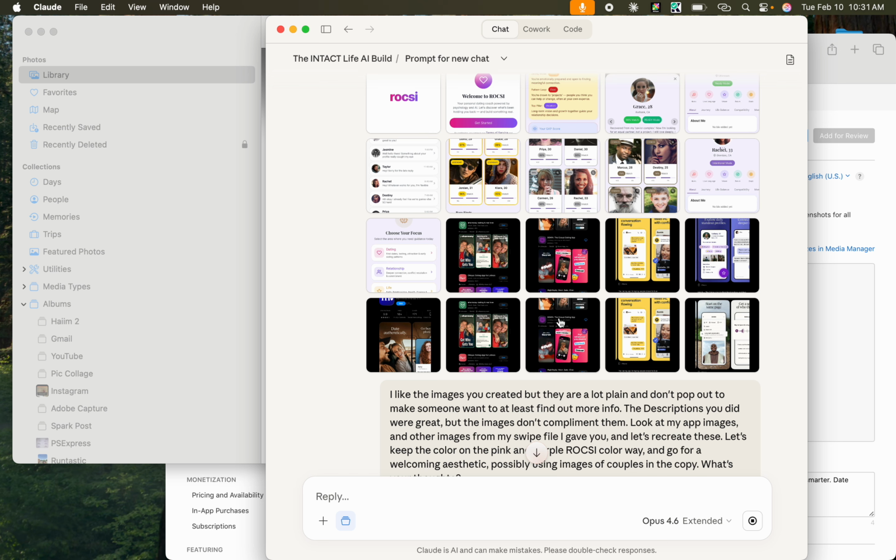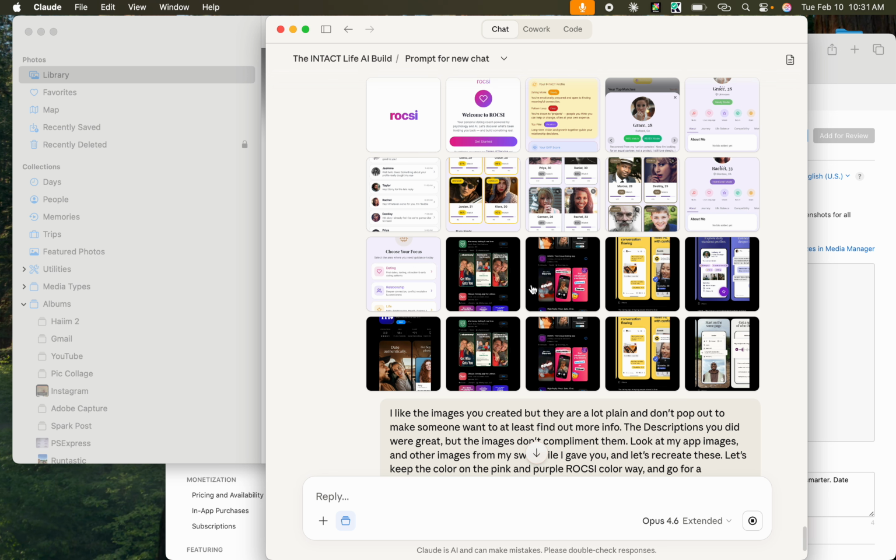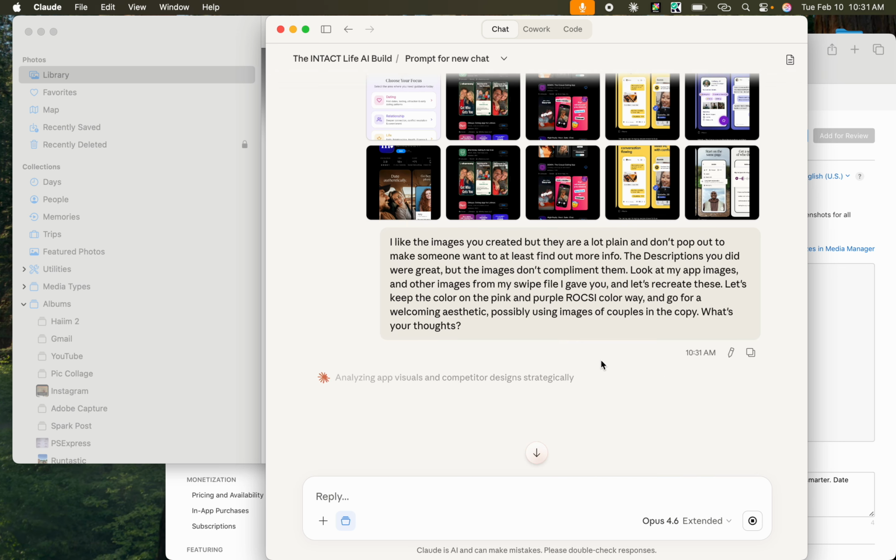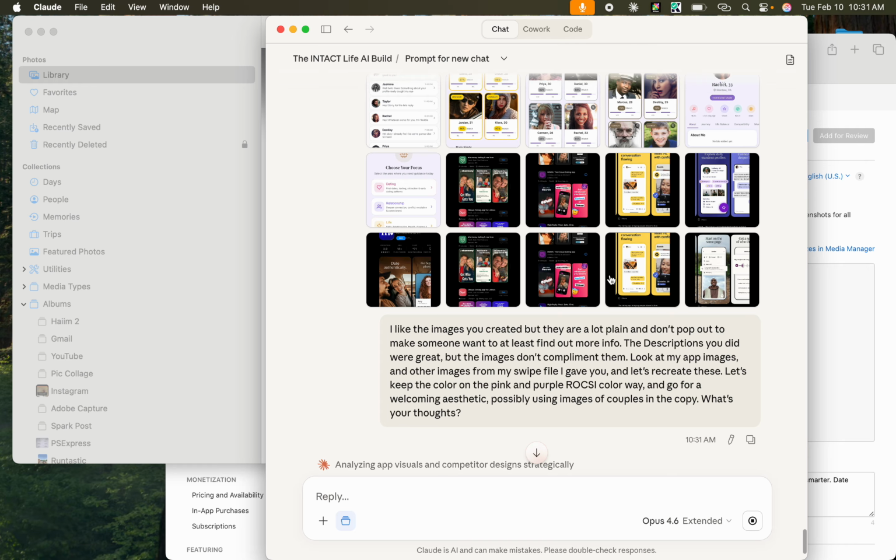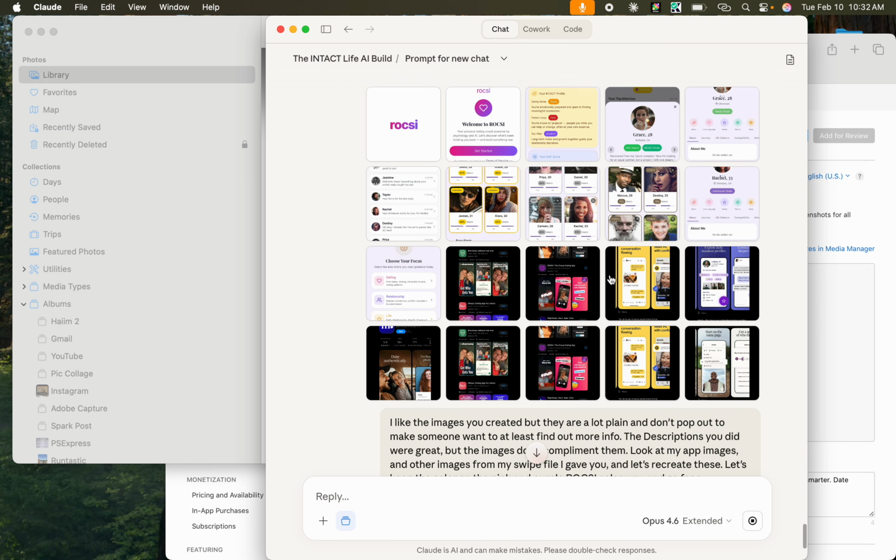How'd that happen? So I gave it some pretty good images that it can use. So let's see what it comes up with. All it's going to do is analyze those images and then analyze mine and see what we can come up with. Because what I use for the color and the aesthetics of the ROCSI brand is pretty much on point.